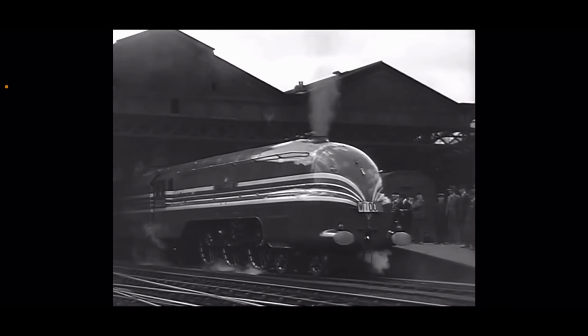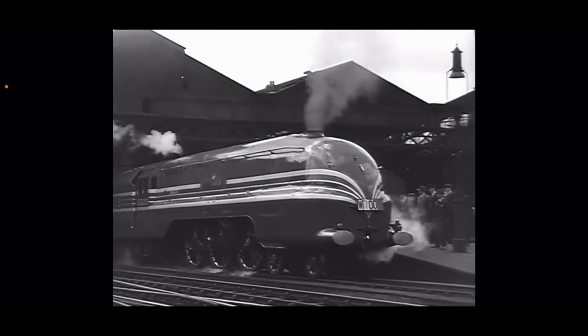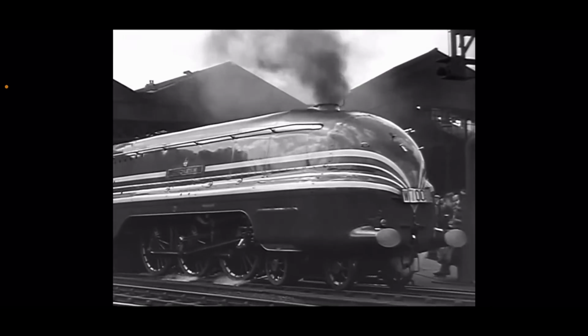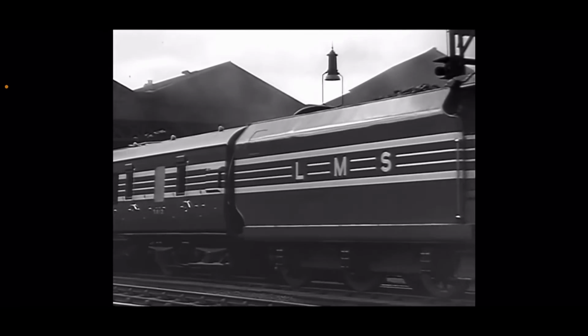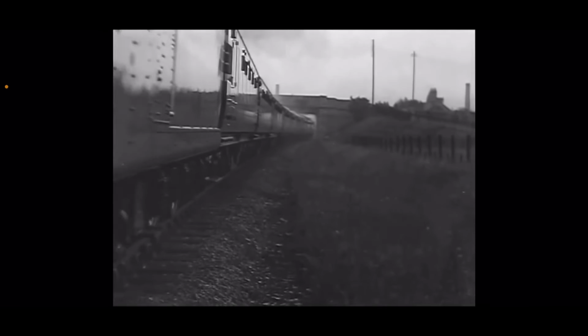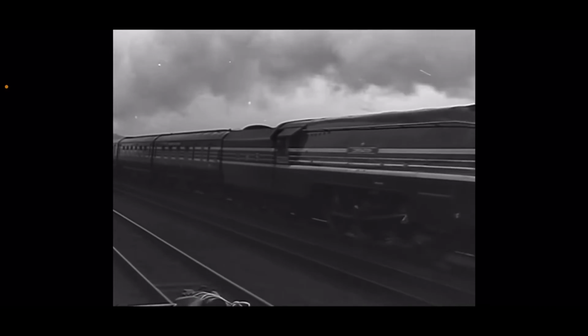On June 29th, after a careful running in, the engine Coronation, hauling the Coronation Scot train, was allowed to show her paces. She was in charge of driver Tom Clark and fireman Lewis. 100 journalists and railway officials took part in a test run from Euston to Crewe and back that provided such an orgy of speed as has never before been indulged in over LMS metals. Until nearing Crewe in the down direction, the running, though excellent...